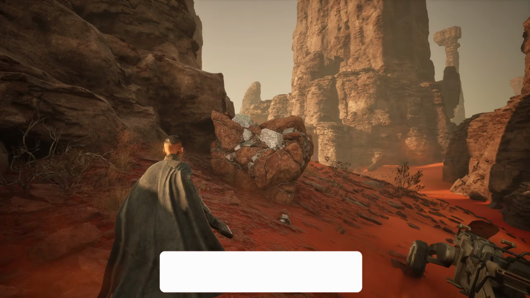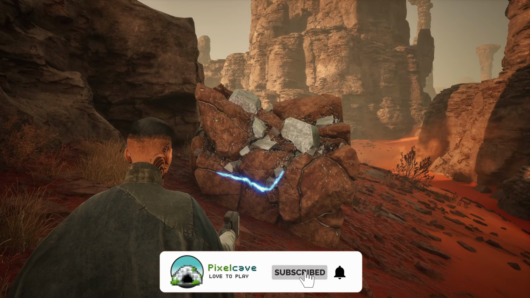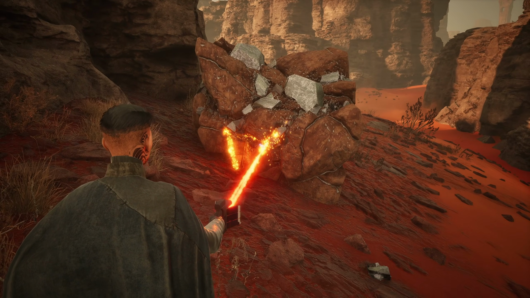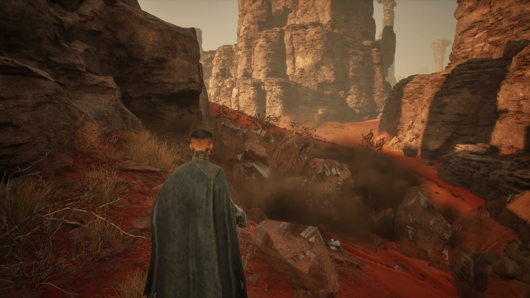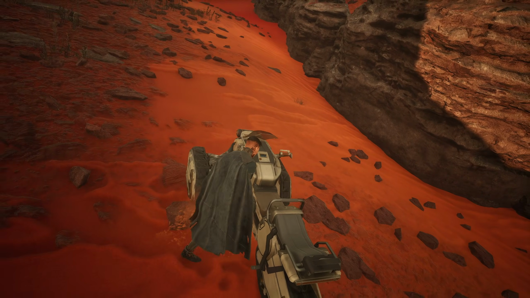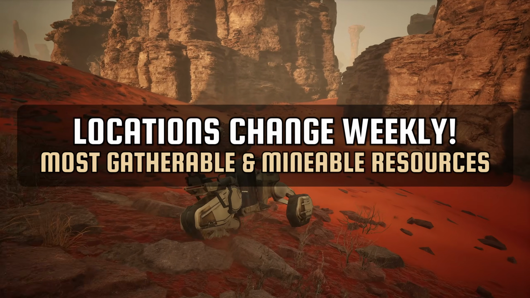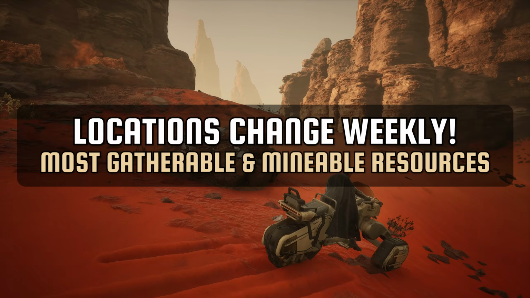Now, when it comes to iron ore locations, the basic rule is that you can find it pretty much anywhere around rocky areas and on top of mountains, but you can also find it occasionally in caves and of course sometimes also as loot. The important thing to know is that locations for almost all gatherable or mineable resources in